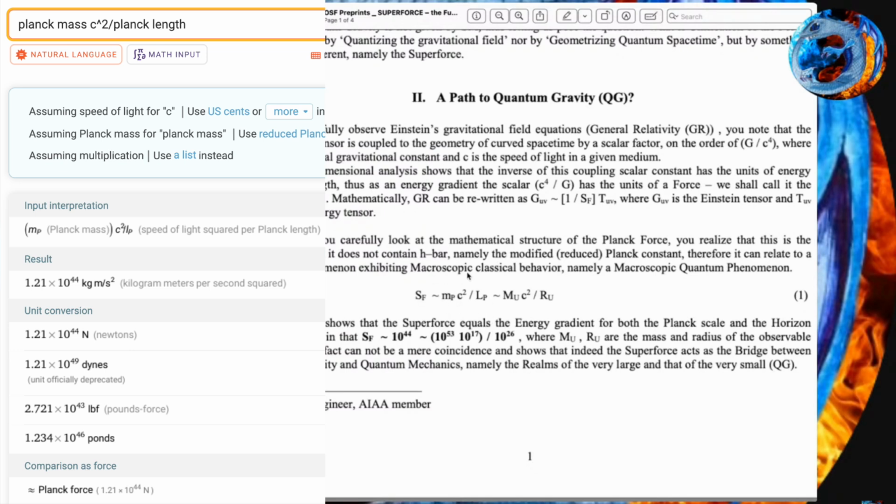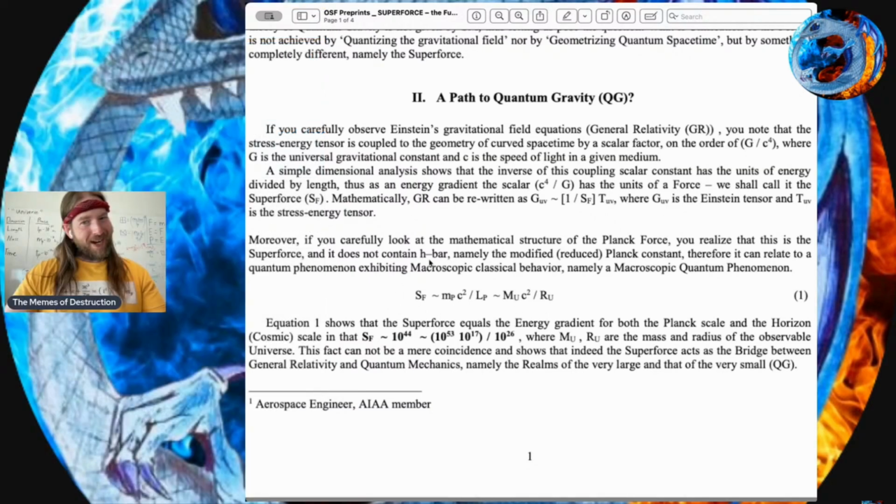But what Dr. Pais is pointing out, and I believe others have pointed this out, is that Dirac had the large number hypothesis, framed in a slightly different manner. He was comparing, I think, the radius of the proton to the radius of the observable universe. Coincidentally, if you take the mass of the universe times c squared, that should give us the mass energy of the universe, and you divide it by the radius of the observable universe, it comes out to be about the same. The link is in the description if you want to check that out.